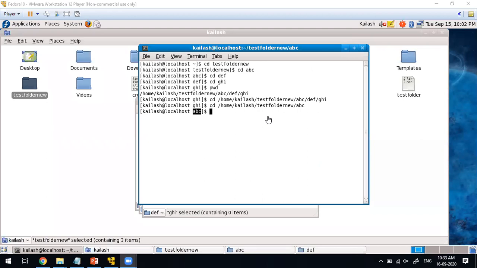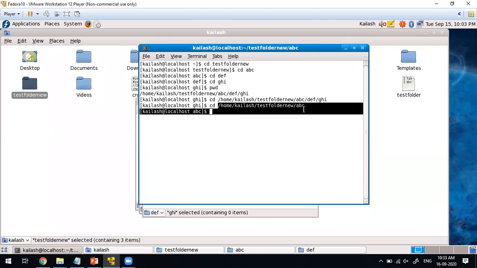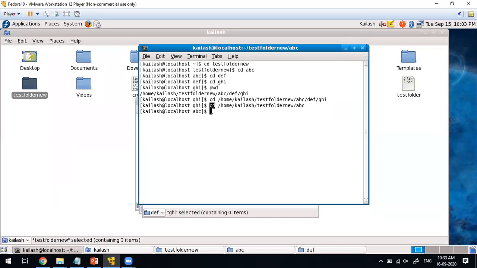Yes, I have started with discussing the dot operation. See, now the control is inside the folder. Firstly, I have created the three folders A, B, C, D, E, F, G, H, I inside the folder called test folder new. After that, I moved the control from GHI to ABC. For that, I entered the absolute path name with the command CD. Instead of that, see,